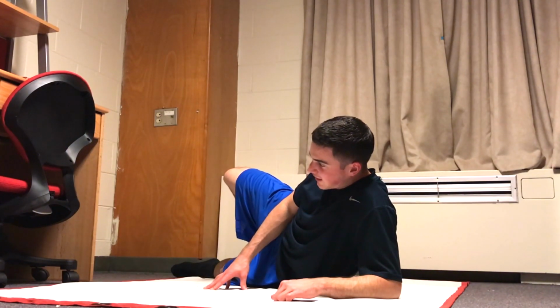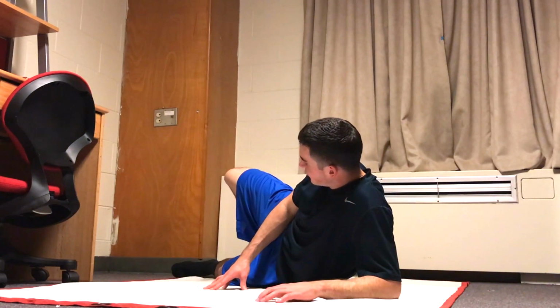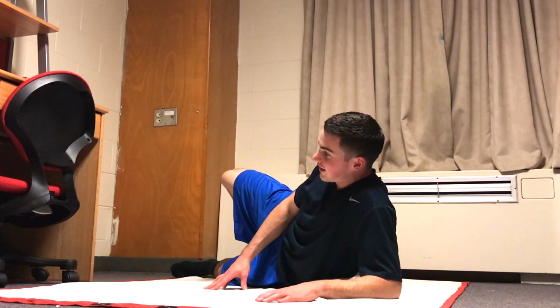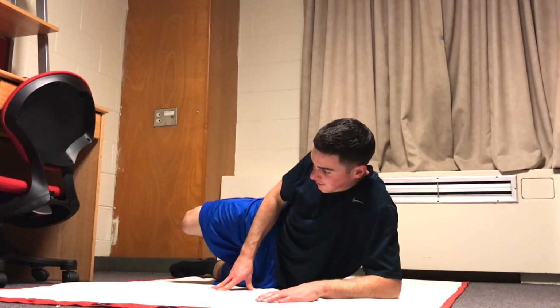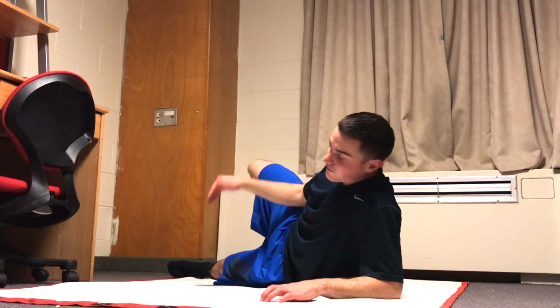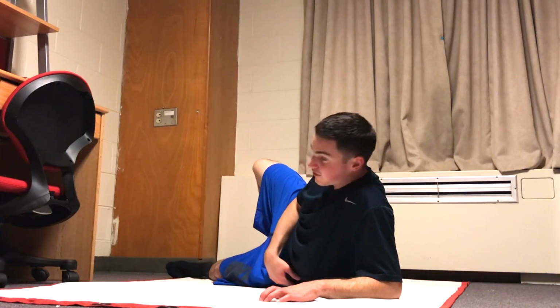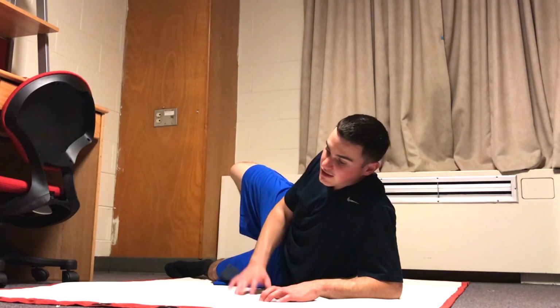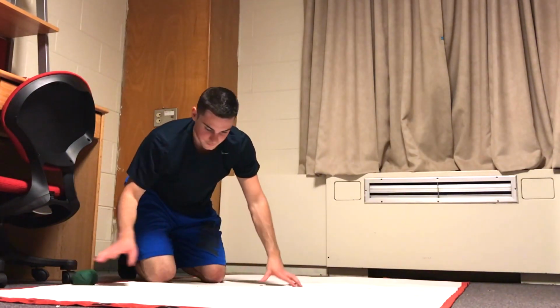So yeah, this is pretty much everything I do for knee soreness, and like I said, I usually don't experience any knee soreness unless parts of my leg, like everything I'm working on right now, is sore. So this is all the stuff I'll go through. Just kind of recap. So I started at my hip, moved down to my quad, then moved to my hamstring, then moved on to my outer hip and glute,